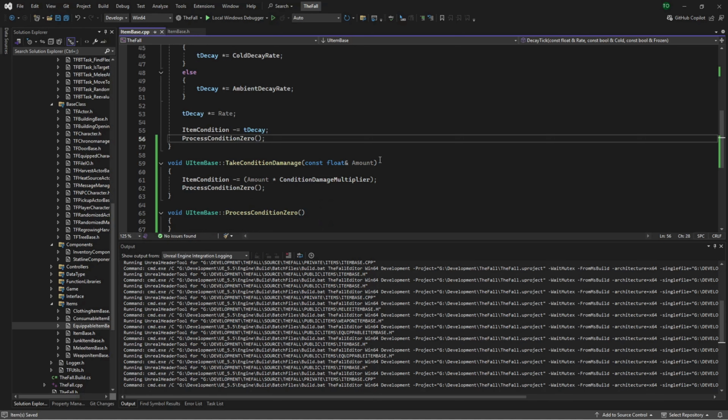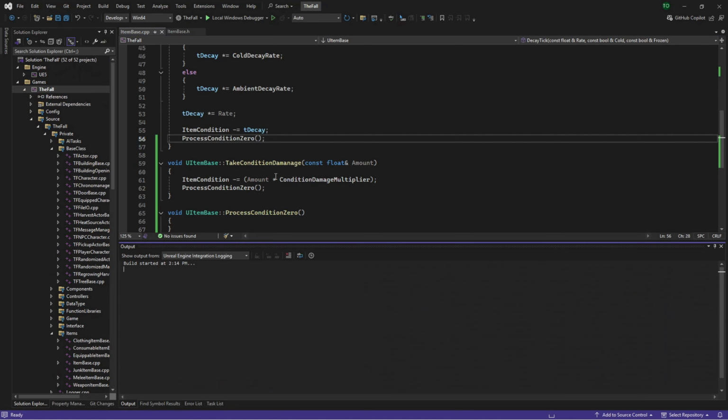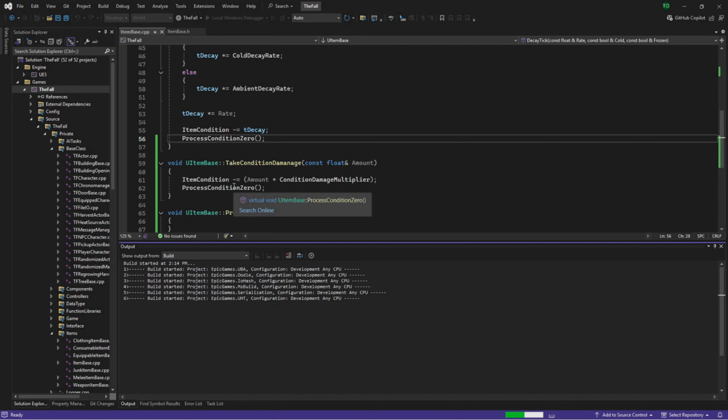And what this allows us to do, and the whole reason why I've done it this way, is, actually, I'm going to show you in a blueprint, because I'm pretty sure I can override that in a blueprint as well with the way I've done that. Might need to add a keyword. But anyways, to explain, the whole reason for this is,